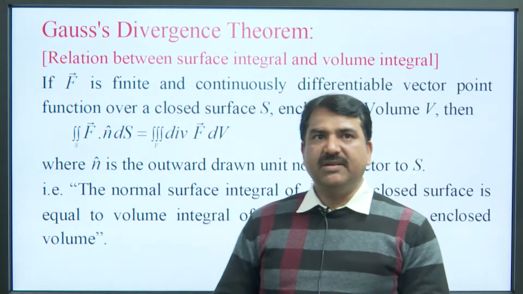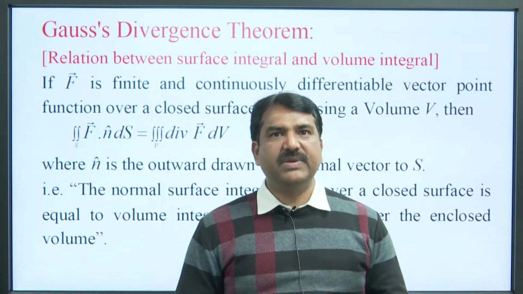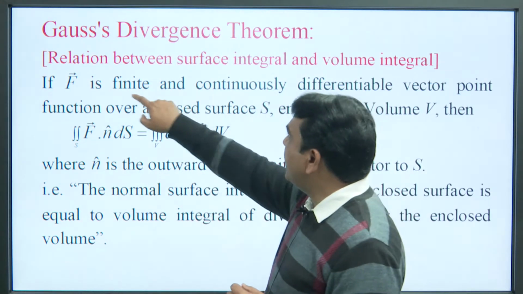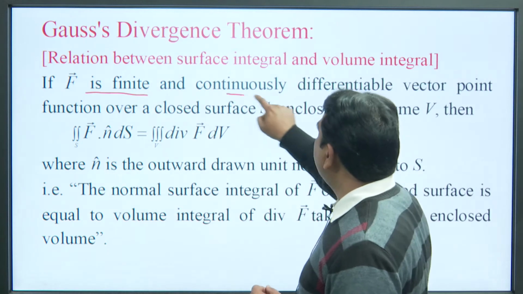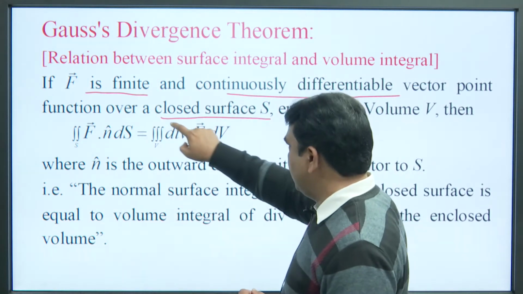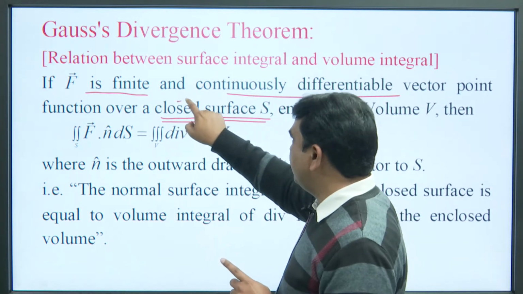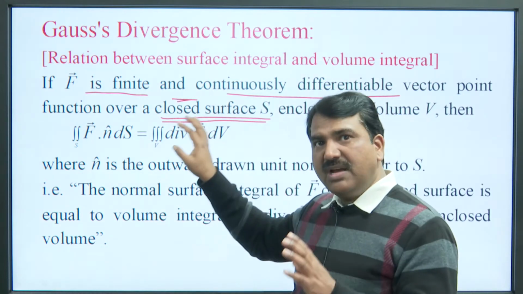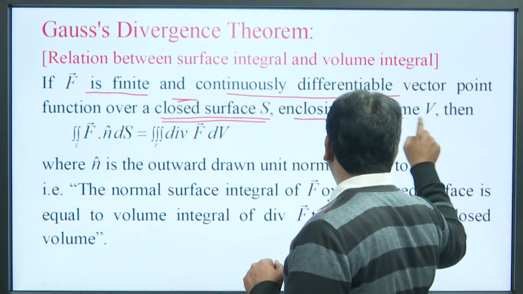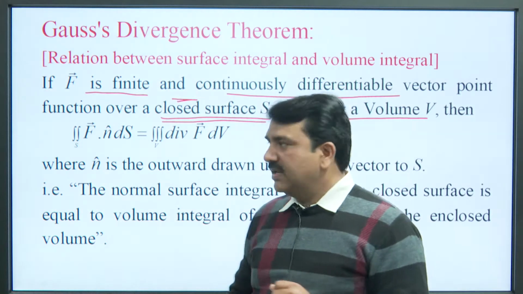Now, Gauss divergence theorem. What is the Gauss divergence theorem? This divergence theorem is the relation between surface integral and volume integral. If f is finite and continuously differentiable vector point function over a closed surface S, here we have to remember that the surface S is the closed surface. It is very important to remember in this divergence theorem, surface S is closed surface enclosing a volume V. If this is a closed surface, then of course, it will enclose a volume V. Then